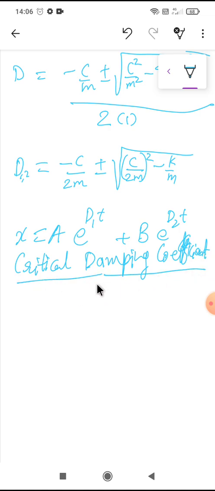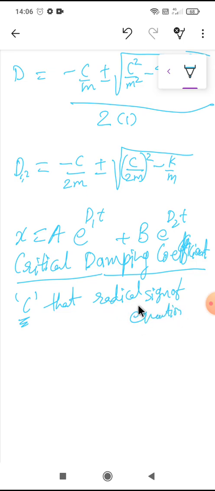So what is the critical damping coefficient? It is the value of the damping coefficient C that makes the equation within the radical sign of the equation